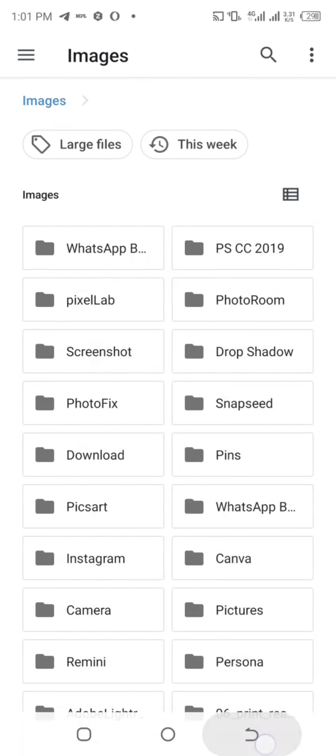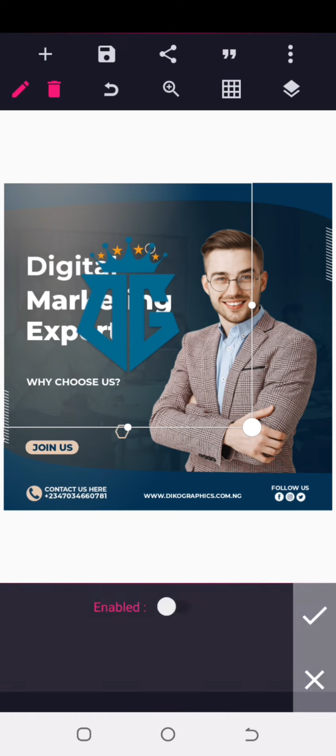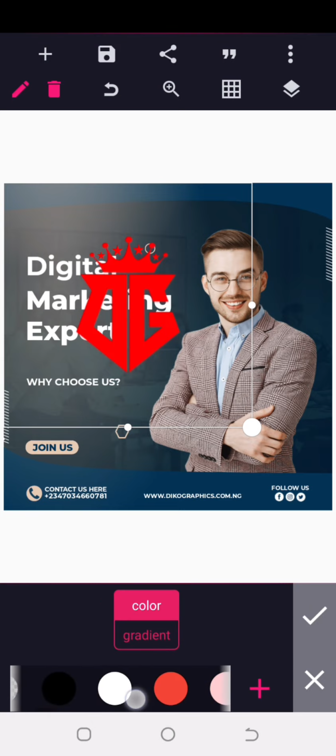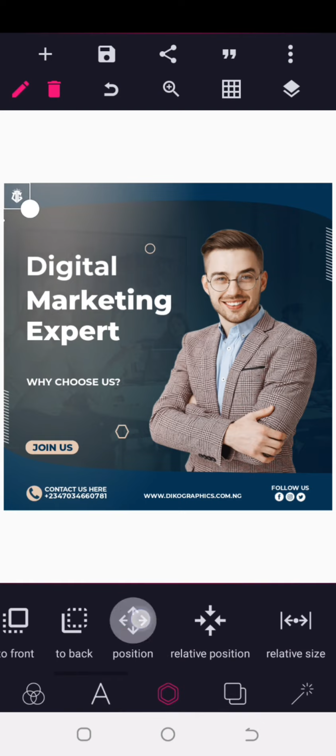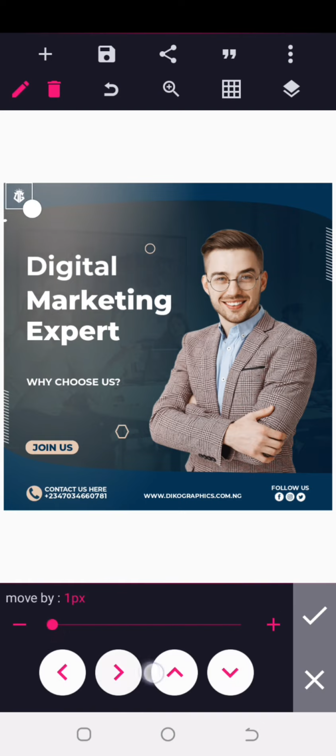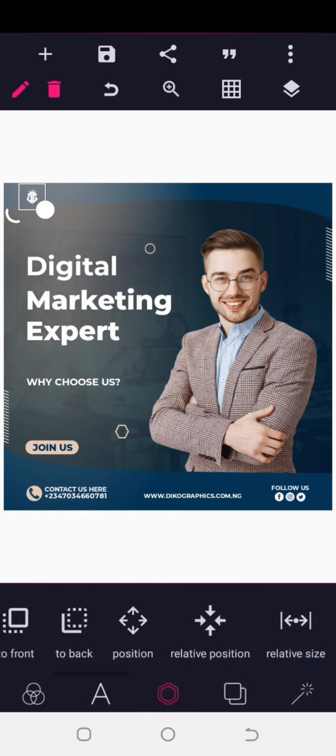So I have to just change the color to white. So I will have my logo being skewed around here. So bring it in. Then after that, the next thing I need to do, or just let me have it here,